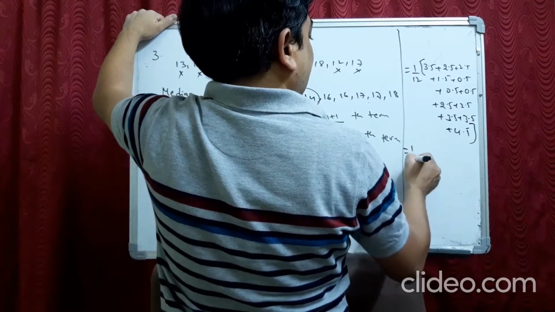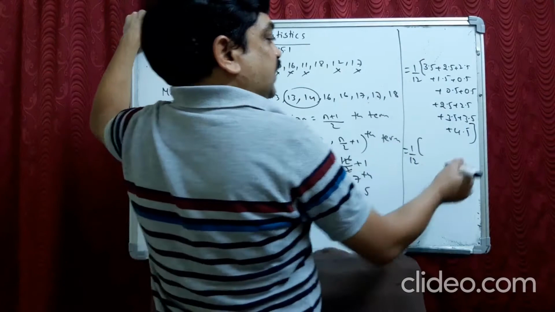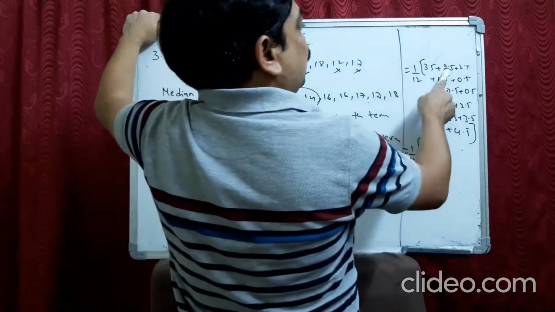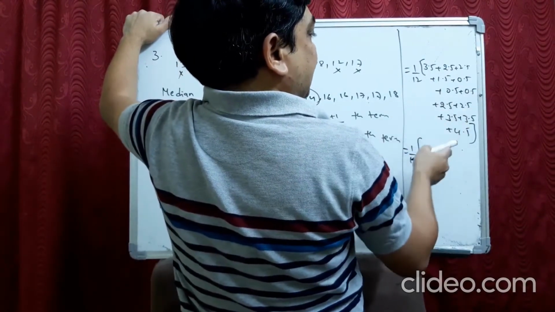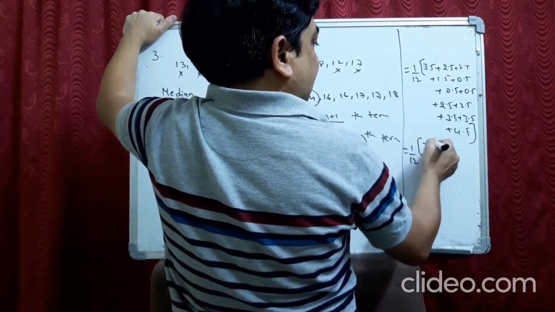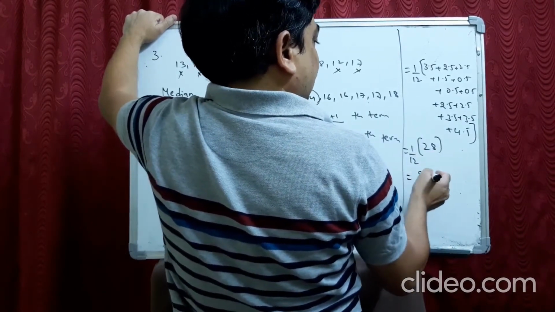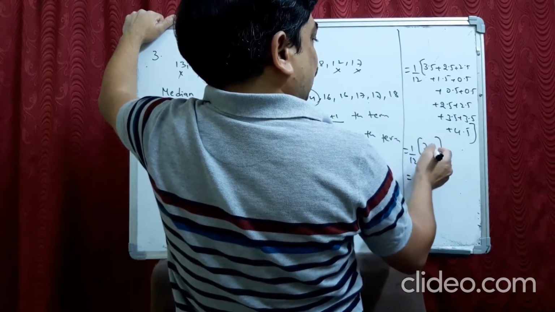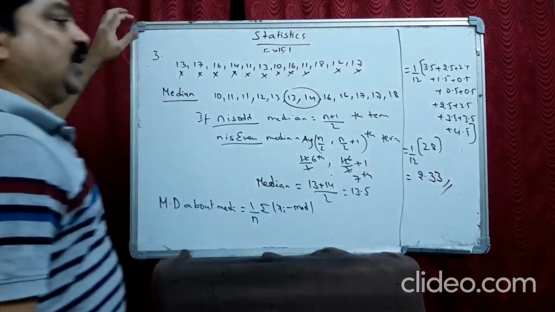Let us add. It becomes 1 by 12 of, how many are there? Let us take the 0.5s: there are 12 of them, so plus 6. Let us add all the integers: 3 plus 2 is 5, plus 2 is 7, 8, 8 plus 4 is 12, plus 6 is 18, plus 4 is 22, plus 6 from the halves, 28. So it becomes 34 by 12, which is 2.83.